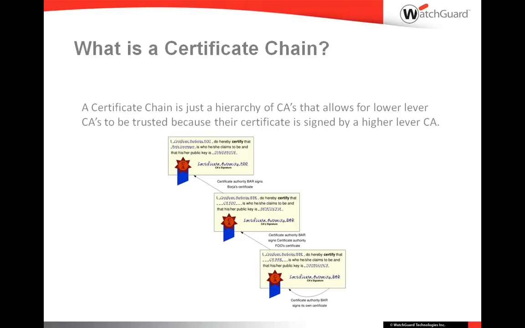As long as the certificate authorities that issued those certificates were under the hierarchy of a higher CA that was maybe protected by the government, you could be pretty sure that if you accepted a public key, or I'm sorry, a digital certificate from one of those lower-end CAs, it's protected by the higher-end CA and thus protected by the government, and you can be pretty sure that the public key that you're receiving is also from who it says. So basically, the certificate chain is just a hierarchy of CAs, one lower than the other,